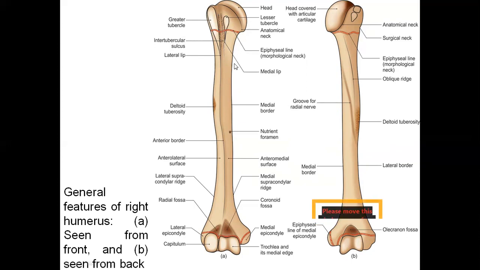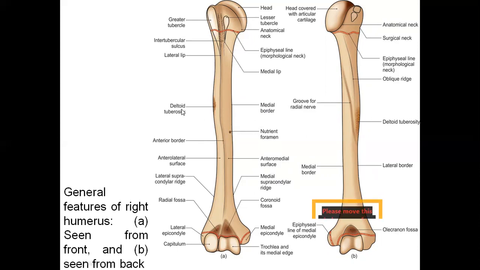The sharp thing, whatever you see in the bone, is actually called a border. So we have the medial border, okay. And of course, here one more border will be there. That will be the lateral border, which you can see more clearly here. So this is the medial border near the midline, and the lateral border away from the midline, okay. Like that we will discuss with much better pictures. I'll try my level best to make you understand, okay.